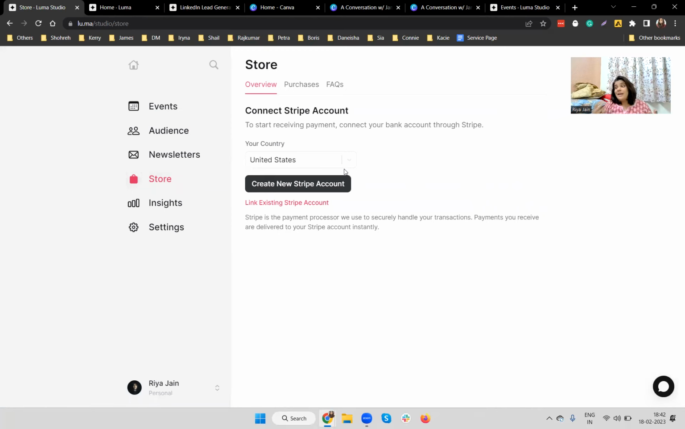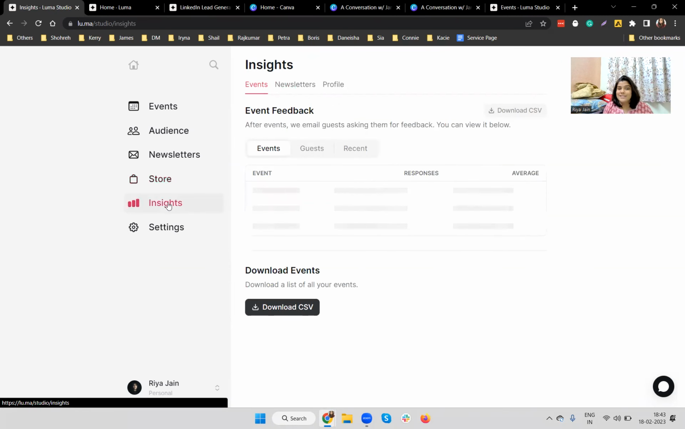Unfortunately, I'm from India, and there are some complications with Stripe. So I cannot do paid events on Stripe. However, people who are from the US and other countries, it is very easy for you to connect your Stripe and also do paid webinars. And then insights, here you can see all the insights of